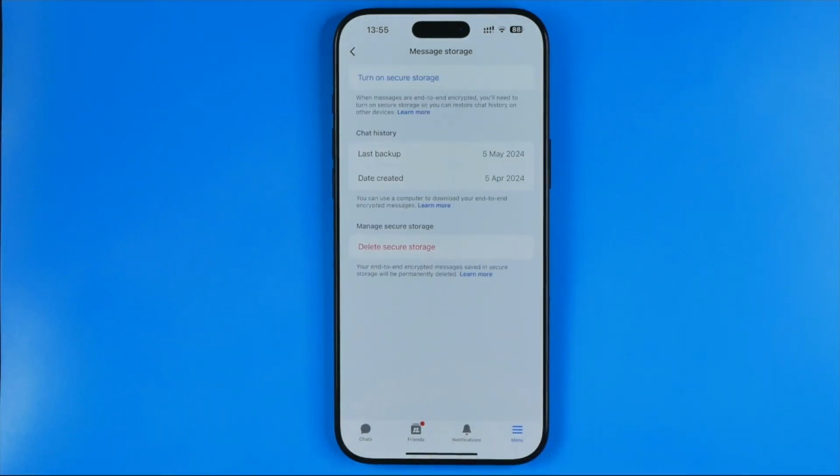Please keep in mind that this only turns off encryption on this particular device. Your messages will still be encrypted on other devices unless you manually disable it for each one. If you want to completely turn off encryption, you need to log out of encrypted sessions on other devices as